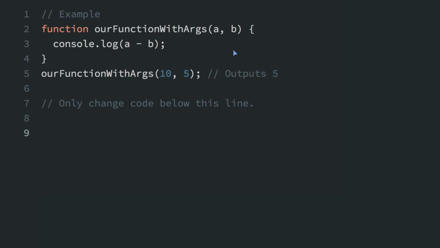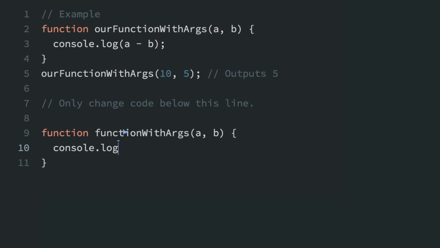So I'm going to create a function that's very similar to that function. This one is going to be called function with args, and it's also going to accept an A and B, but we could call that anything we want. And inside, instead of subtracting A minus B, we're going to do A plus B. Now, I'm just going to call this function with args, and I'll pass in 10 and 5, and let's see what that looks like in the console. So first,